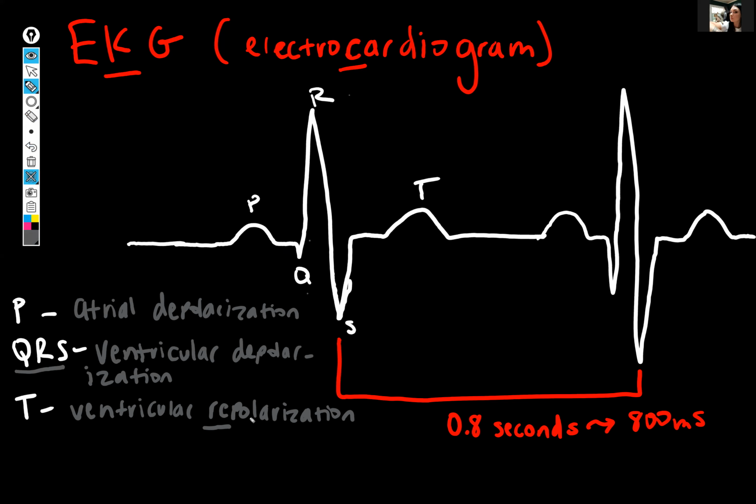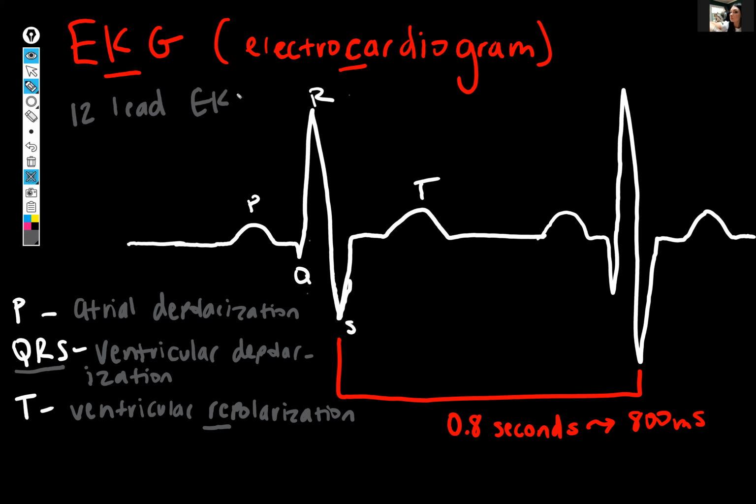So you might notice that something is missing from this wave set if you look at the way I've labeled them. What is missing? Atrial repolarization. Yes, bingo. So does that mean that atrial repolarization doesn't happen? No, it has to. It's just hidden or masked by the QRS complex. The electrical magnitude of the QRS complex is so large that it swamps out and sort of hides the atrial repolarization. I also want to stress that this specific pattern that you're seeing here, this is